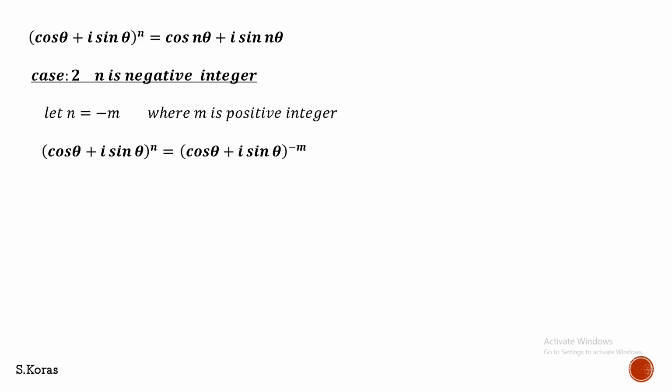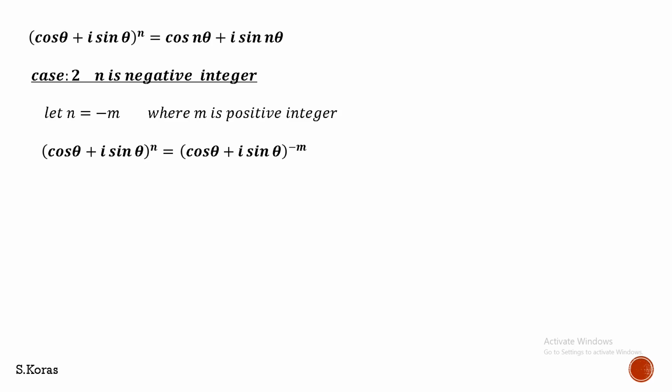Right. So now surely it's a power with negative value. It will not change because we have considered m as a positive integer. Since m is a positive integer and minus is included, minus m is a negative integer. So now cos theta plus i sin theta has a power of a negative integer. How to proceed? Let us not proceed with a negative integer because already we have proof with a positive integer. So let us try to make this a positive integer.